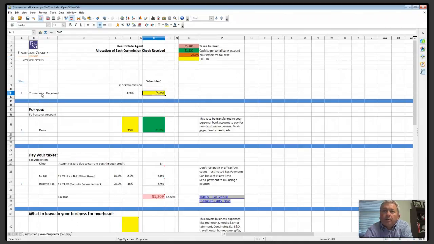So we're going to work this from the amount of commission that you may have received during the month or the quarter. I suggest you do it, depending on the significance, possibly every time you get a commission check. But at least on a quarterly basis, you can use this to determine how much you should send in for that quarterly payment. I like to suggest that you do it as commissions come in, simply because